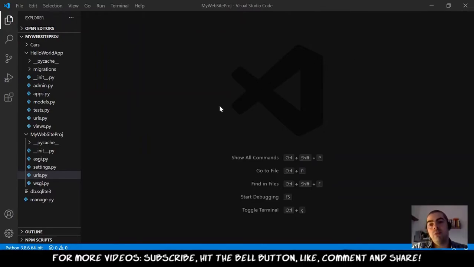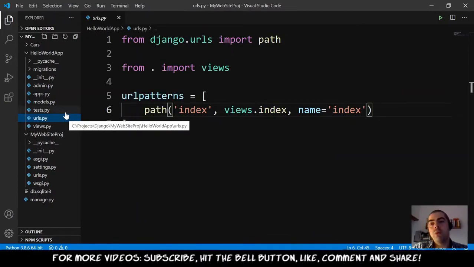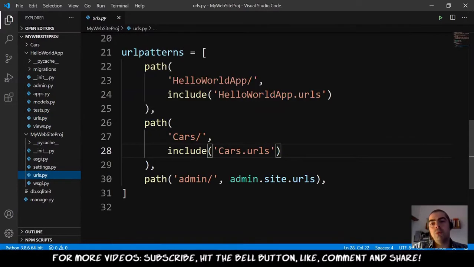Also, we saw that the urls.py of our application is not mandatory. We don't need to create these urls.py in each app, because it is possible to go to the urls.py of our project and configure the path for our views. Also, we saw that it is not recommended, because we can easily fall into a problem,